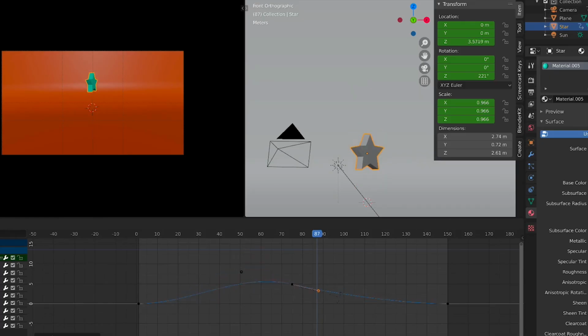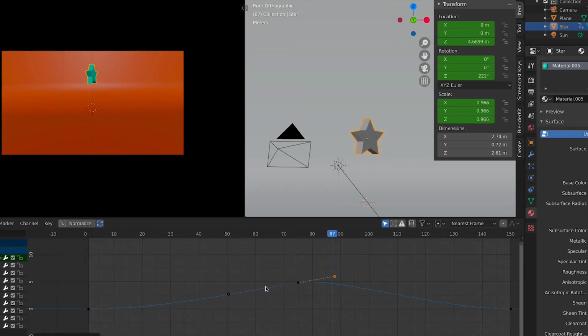But as you can see, we cannot manipulate only this one, and in order to change that, we will need to change the handle type. So here I'm going to select this middle keyframe, and if you press V, you will be able to change different handle types. So for example, you can set free, and right now if you select this one, you can now see that the only handle that is